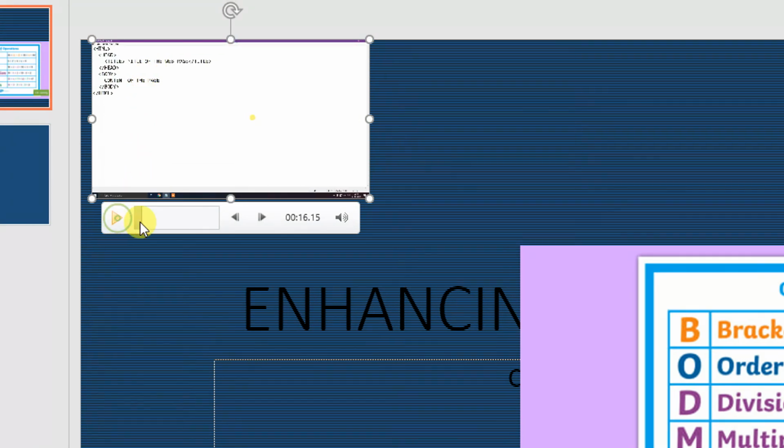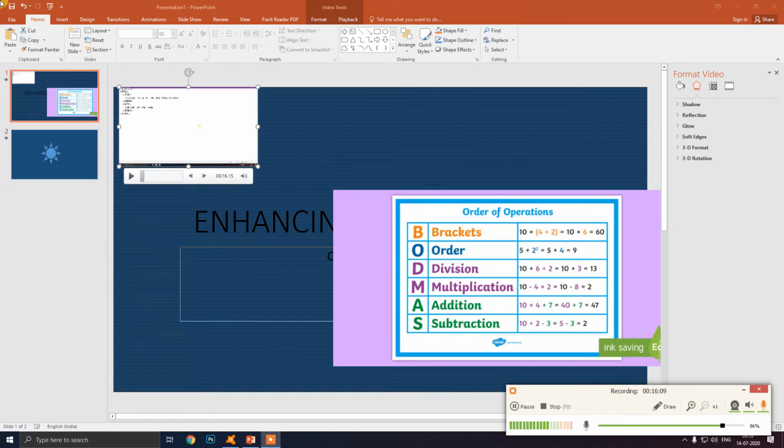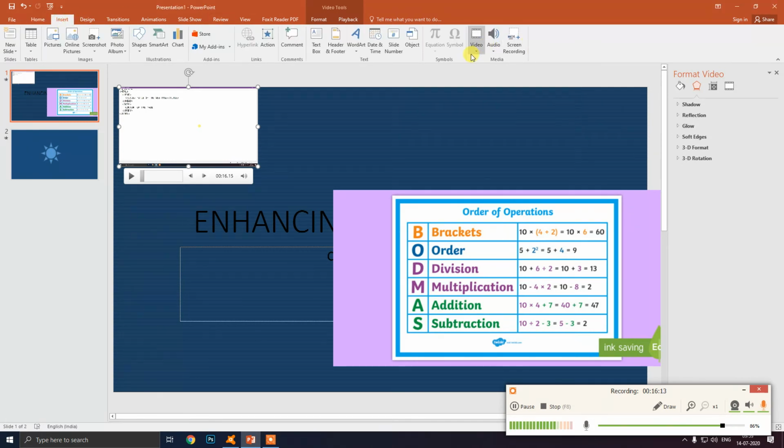So what are the steps to insert a video and audio? You have to go to the insert tab. For inserting a video, you have to click video, and from your PC you can select any video you want. And here, if you want to insert a picture, you have to select this picture option, and then from your PC you can select any picture you want. Similarly for the audio also, from your PC you can select any audio file and insert it on your presentation.